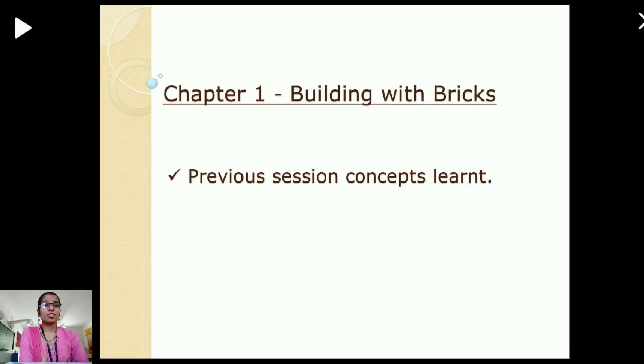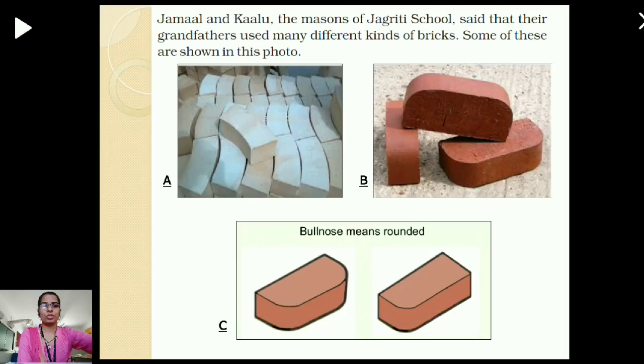So in the previous session, we had interesting brick patterns. We saw the jali, jharoka, and arch patterns which are made by the bricks, right? Those patterns you would have also seen, in many examples, in your nearby places, isn't it? Going further, we will see that to make such patterns more interesting on the walls and stairs, different types of bricks are also used.